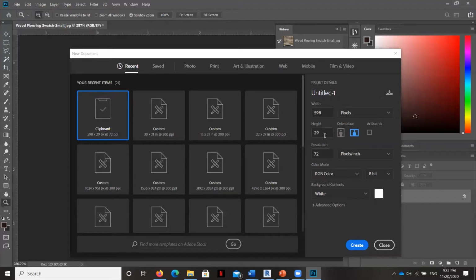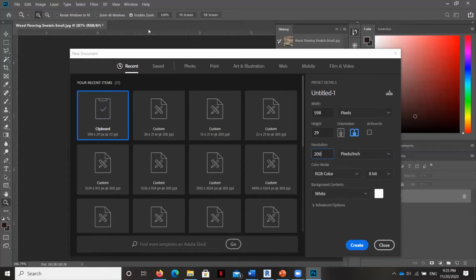What I'm going to do is leave it at 72, but ideally up to 300 is good. Somewhere between 100 and 300 is probably going to work well. If I change this to 200, all that's going to happen is that the image itself, when I copy it over, will be smaller. So I can just show you. That's fine. You'll see what happens.